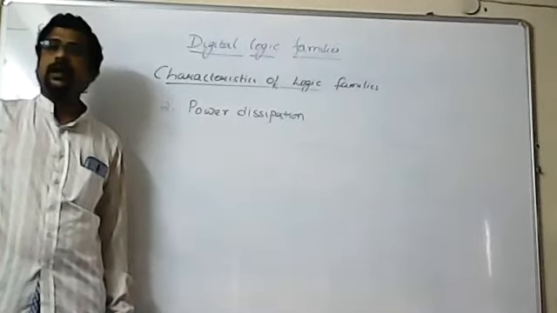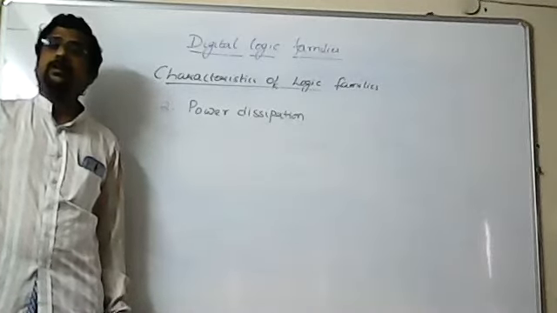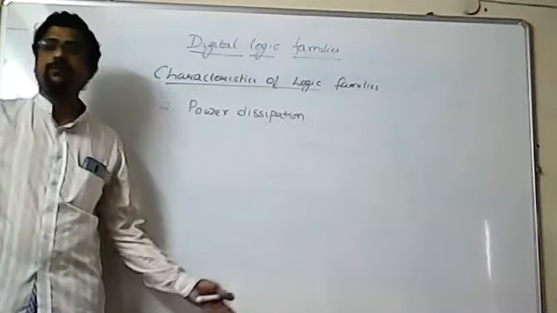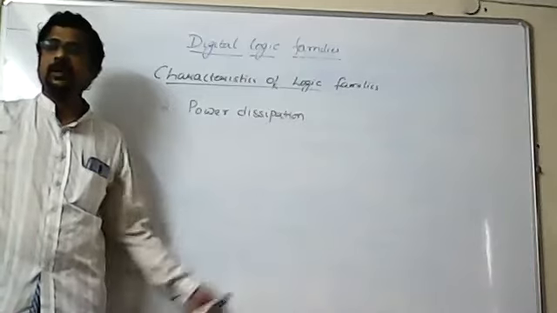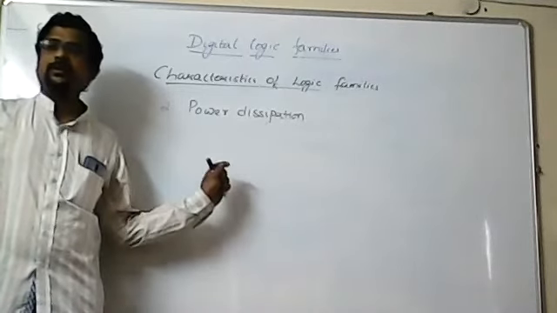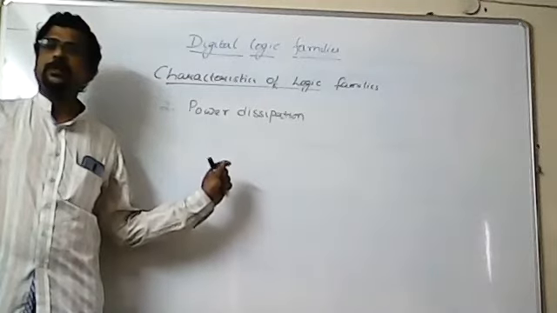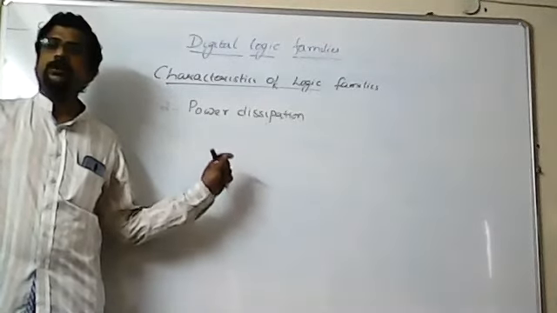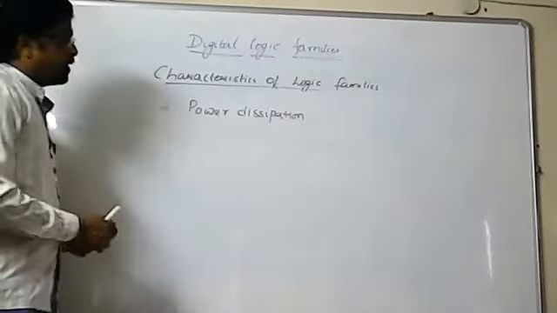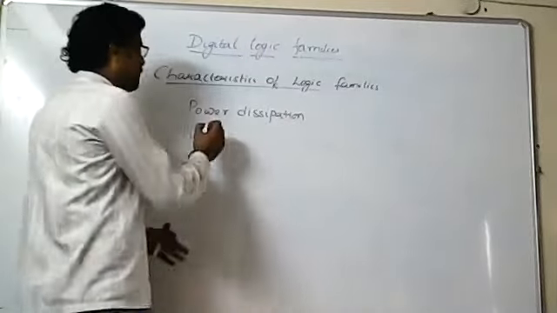So we have to take care that minimum power is dissipated, not maximum. If maximum power is dissipated, then it is of no use. So whenever you design, the I square R loss, or power dissipated, should be minimum. And the unit for power dissipation is